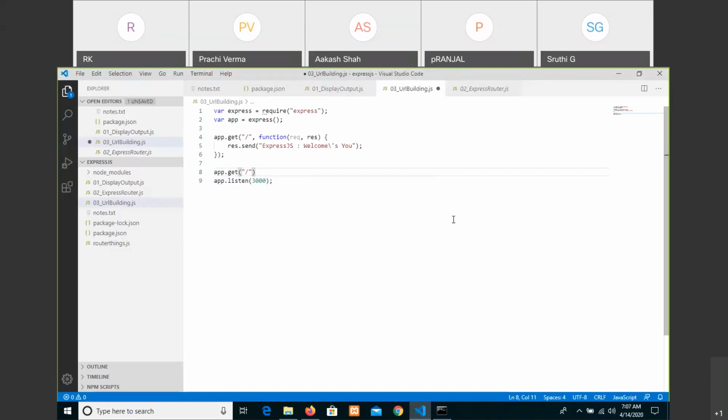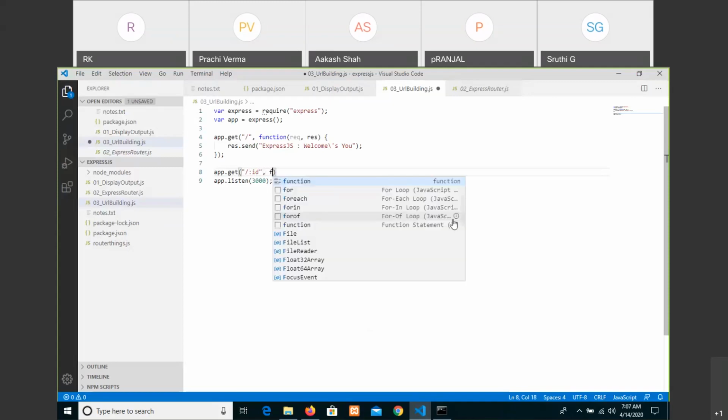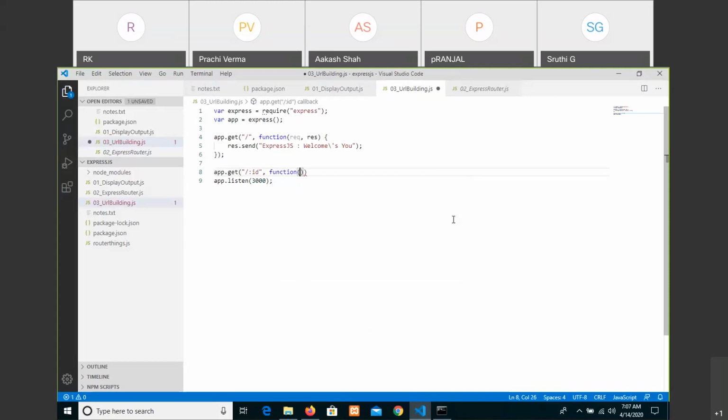When you want to accept a parameter or a value in the URL itself, then you have to write a colon symbol. Colon. Okay, I want to ask the user to enter an ID. So you can write anything, and then comma, function of request comma response.